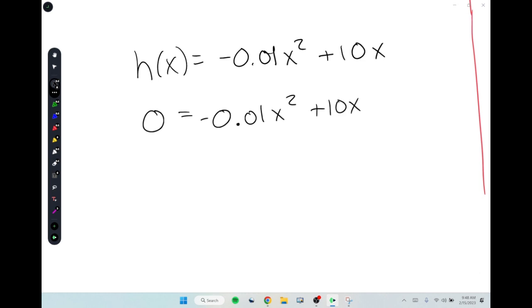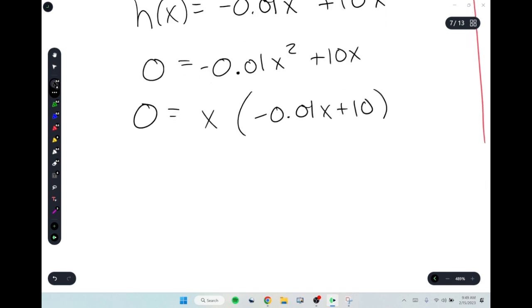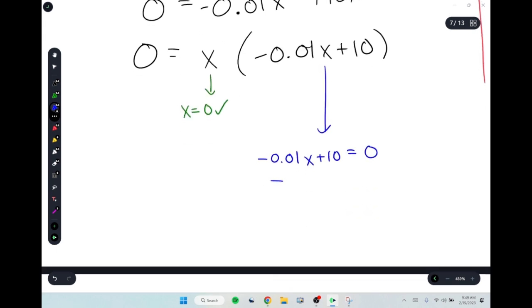Looks like we need to factor out an x. Y'all cool with factoring out an x? X outside of the parentheses, plus 10. And then what do we do with each of those? This is just what we've been doing recently. X equals 0. The first one is easy, right? That's a nice one. And then we equate the other one to 0. Negative 10, carry over. X equals negative 10 divided by